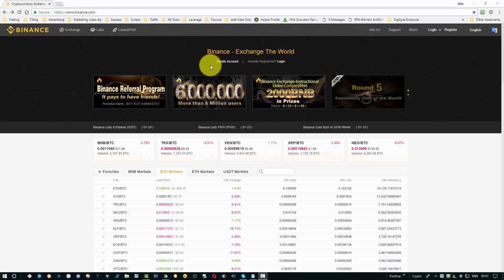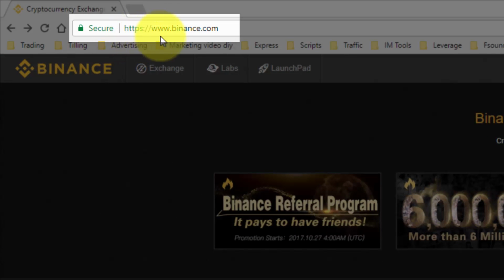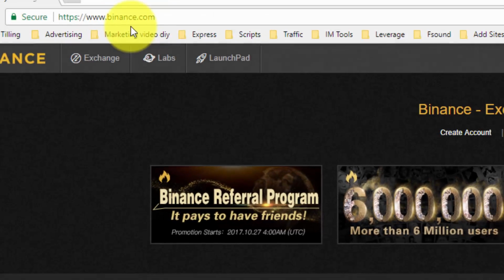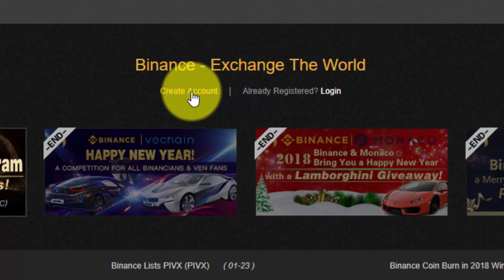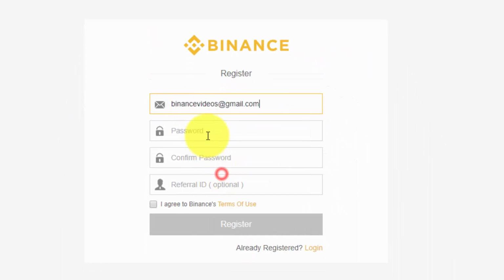So let's see how to register. To register, simply make sure you are on Binance.com, HTTPS, see the padlock, so making sure you are on Binance, and then click create an account. Create an account, simply enter your email address, password, enter your password again,